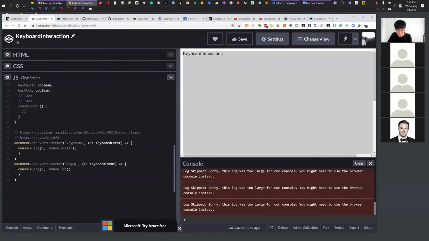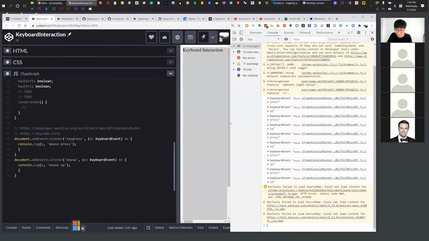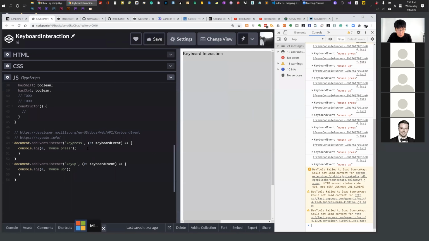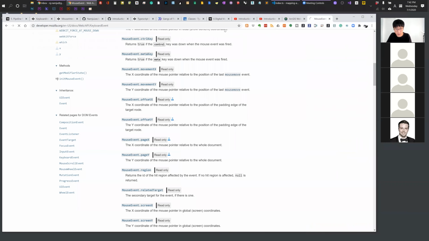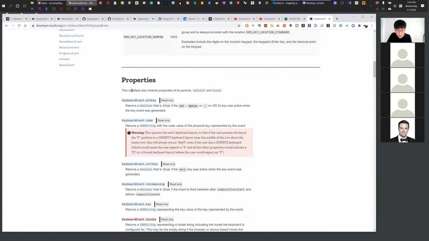So the console is no good in this case, so we can open the developer channel here. Again, whenever you type something, we expect this data fired. If you want to see what this is, then we have a nice API here, right? So these are all the data that we can expect, like